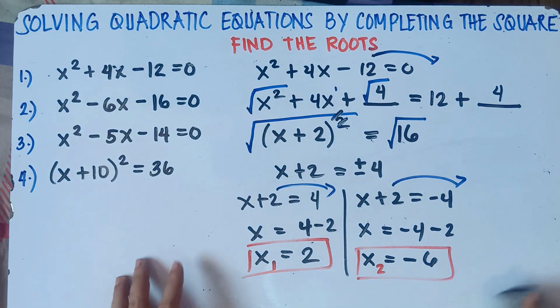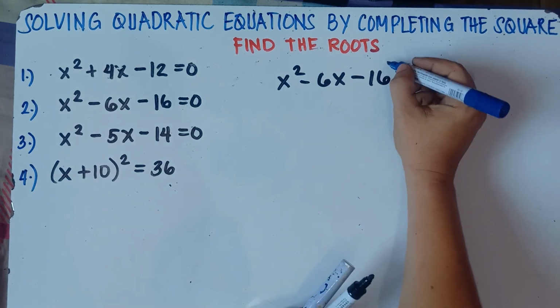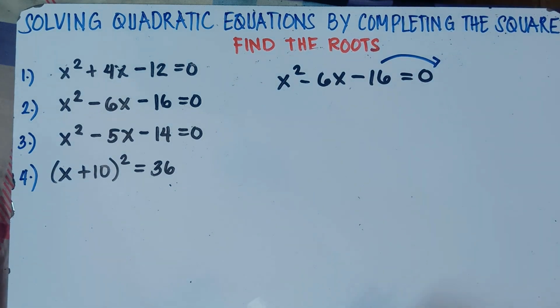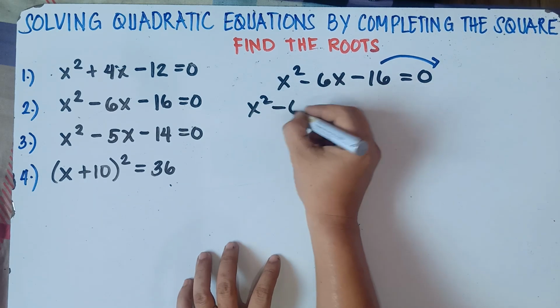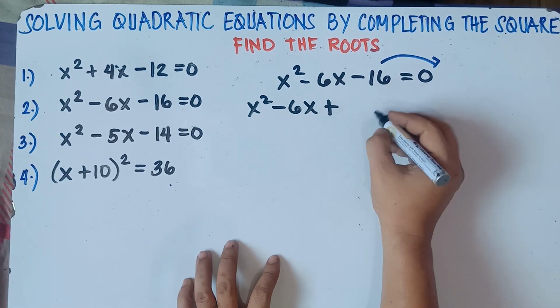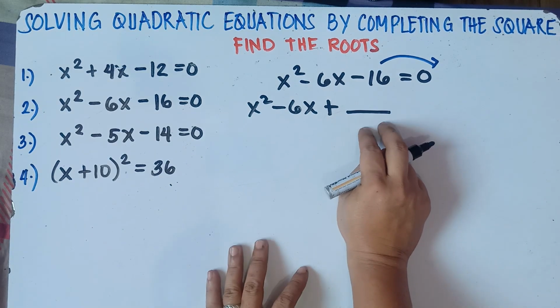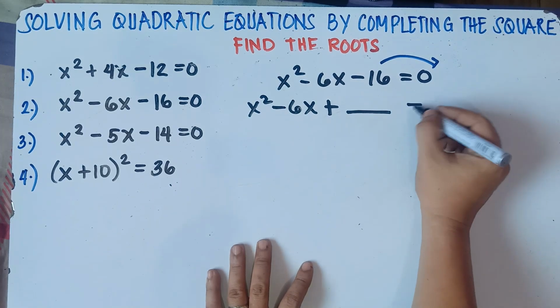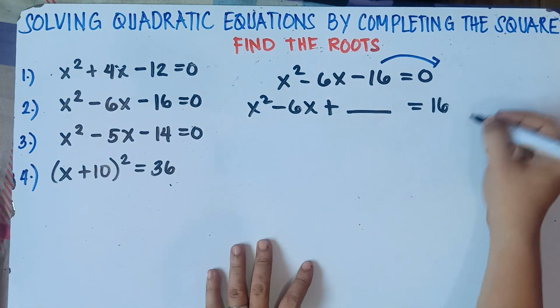Alright, let's have example number 2, class. Once again, class, we need to transpose this constant. We need to transpose negative 16 from left to right. And do not forget to change the sign, class. So copy x squared, copy minus 6x, plus another new constant. Once again, class, we put a space because we need to add a new constant. It will always be plus this new constant equals, we transpose 16, this is negative, it will be positive 16